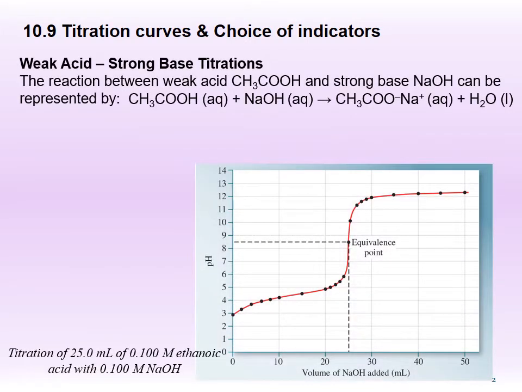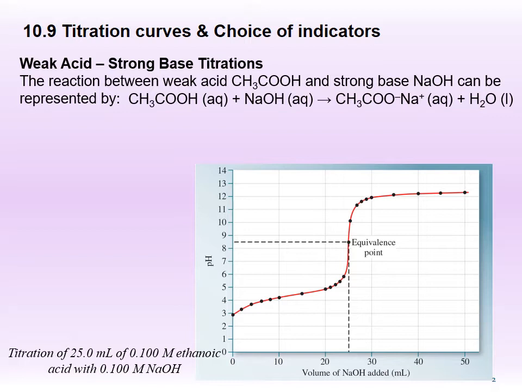Weak acid, strong base titrations. The reaction between a weak acid and a strong base can be represented by the reaction between ethanoic acid and sodium hydroxide to give sodium ethanoate salt and water. The titration curve shown here is a plot of pH against volume of NaOH solution. It shows changes that occur when 25.0 mL of 0.100 M ethanoic acid is titrated against 0.100 M